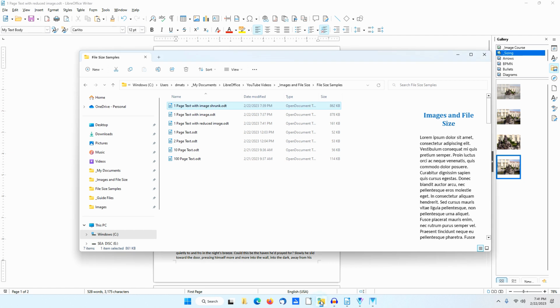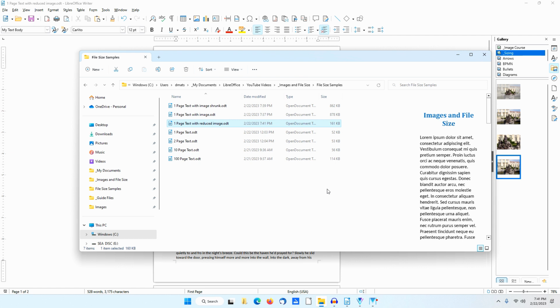When you resize an image in an image editing application, you do more than make it look smaller. The image editing application actually eliminates some of the pixels or colored units that make up the image, thereby reducing the file size of the image. The file size of the document with the image that was resized in an image editing application is less than 20% the size of the file where the image was made to simply look smaller in LibreOffice Writer.